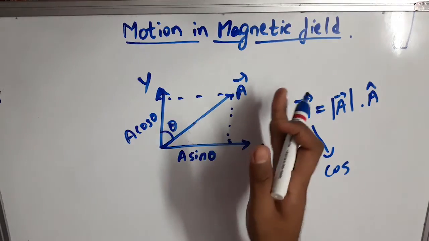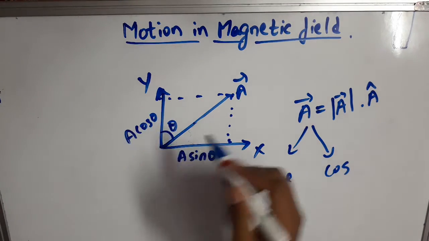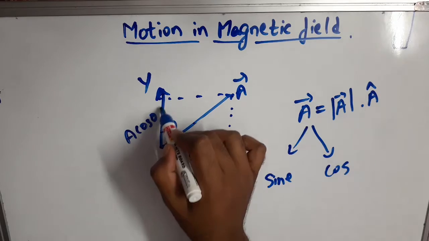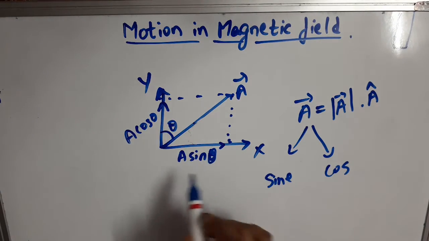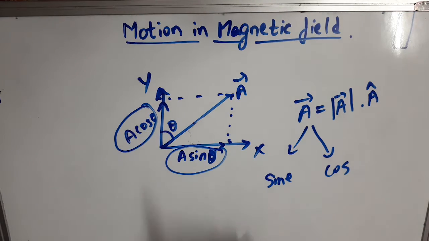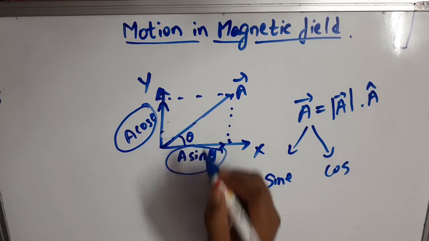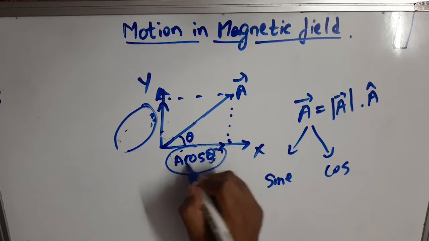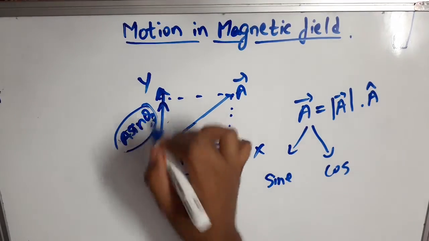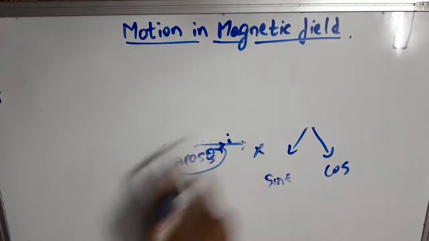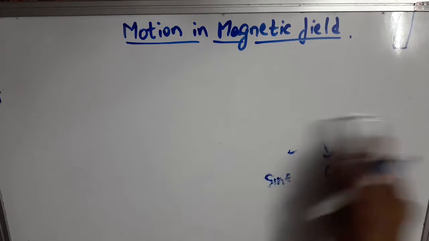So this whole vector A is going to be split into the two components a cos theta and a sine theta. Now remember guys, these two are also vectors, so we need to specify the direction on this one. The magnitudes of these two vectors are a sine theta and a cos theta. In case we are defining theta with respect to the x-axis, then this would become the cos component, a cos theta, and this would become the sine component, a sine theta.